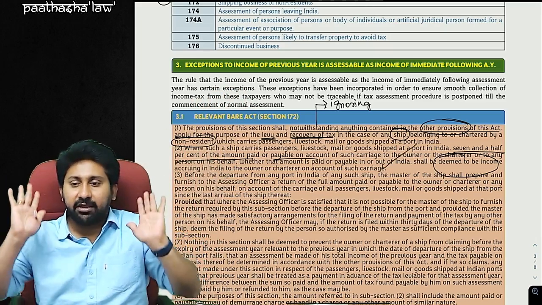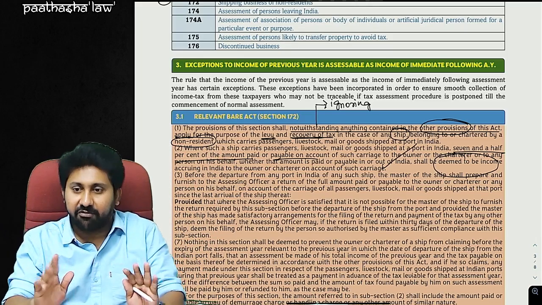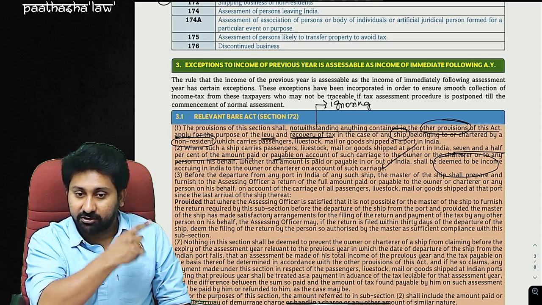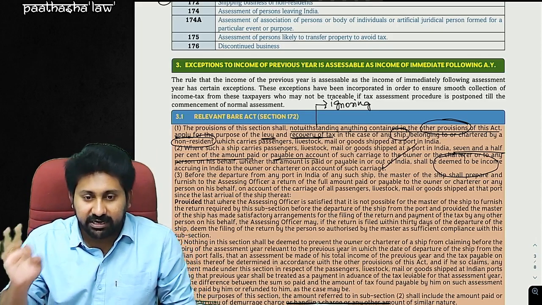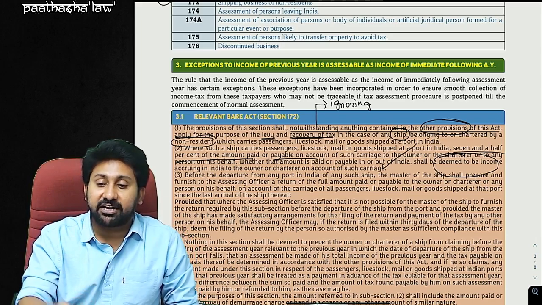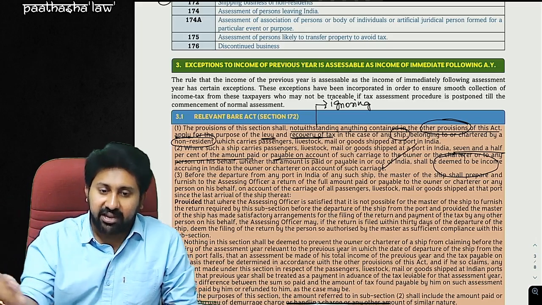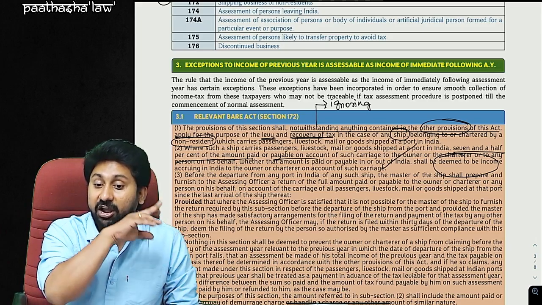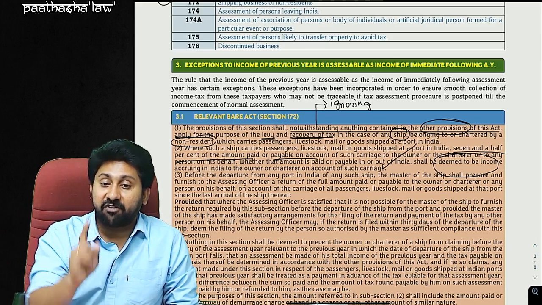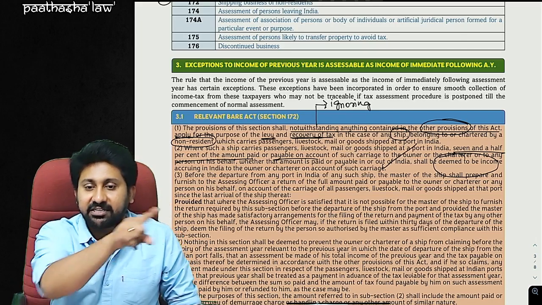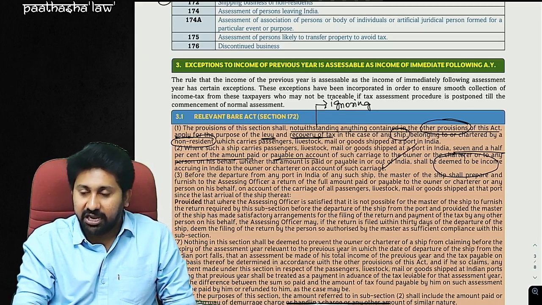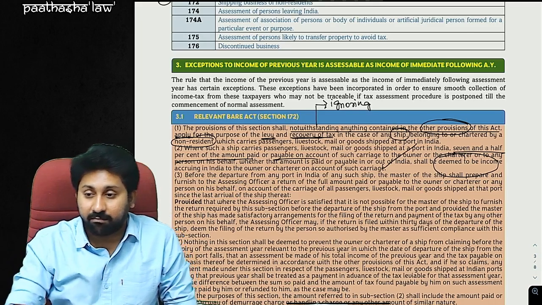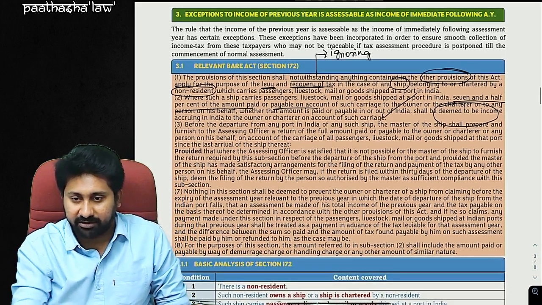So what is the summary? Revision lecture, this is enough. But the idea must be very clear. And this is applicable for CA Inter as well. So please listen carefully. The point is very clear. Whenever any non-resident who is chartering the ship, carrying passengers, livestock, mail, goods shipped in a port in India, first, on a presumptive basis, 7.5% of the carriage charge including demurrage and handling charges, any other like nature, he will be paying the tax on 7.5% of his income. What rates will apply is the next concept.